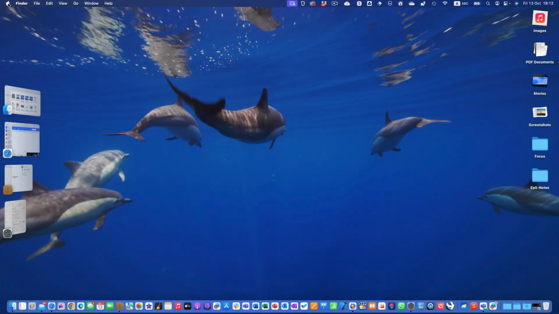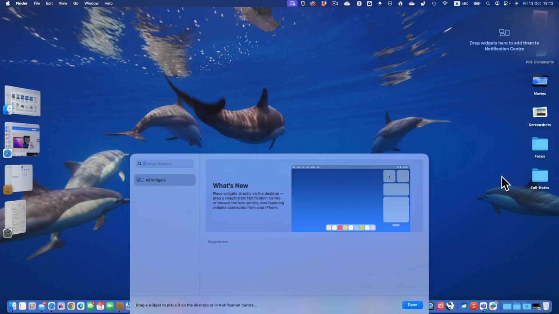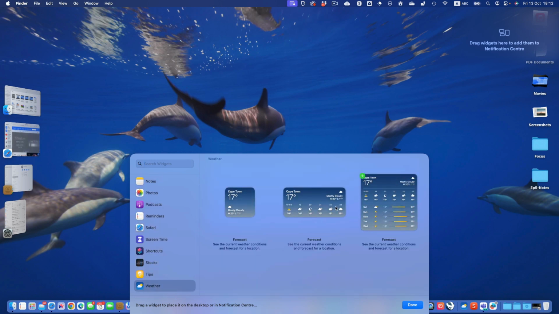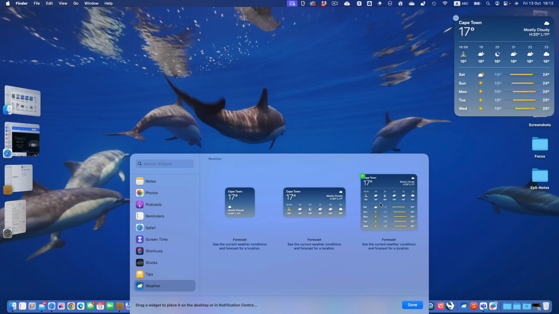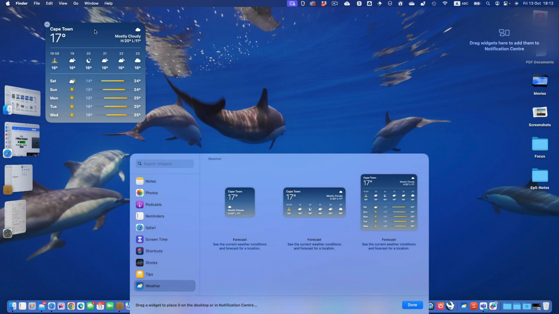Besides the navigational features that we just looked at, an awesome new feature is that we can also add desktop widgets. If we go into our widgets library, I tap on the Edit Widgets button, and here in my library I can now select any widget. Let me go with the weather widget, and I can then choose the format. I'll choose the big one,